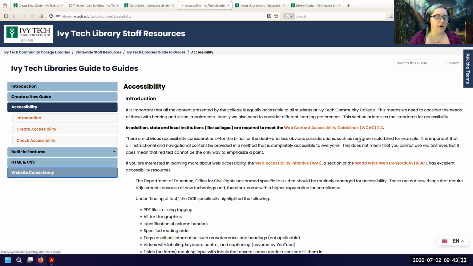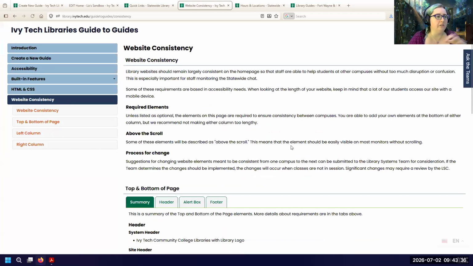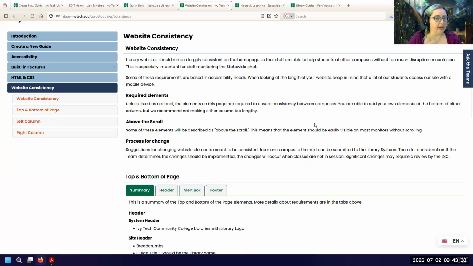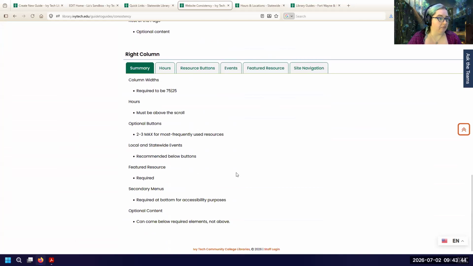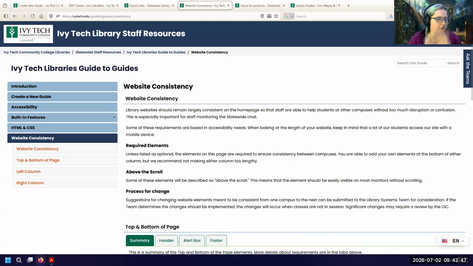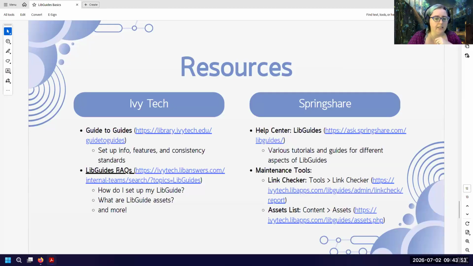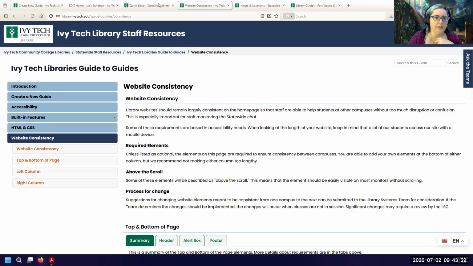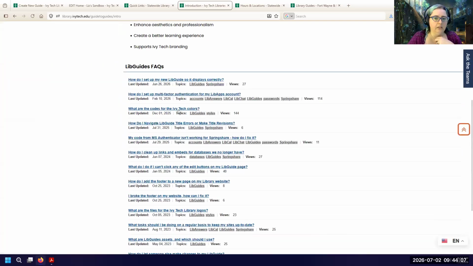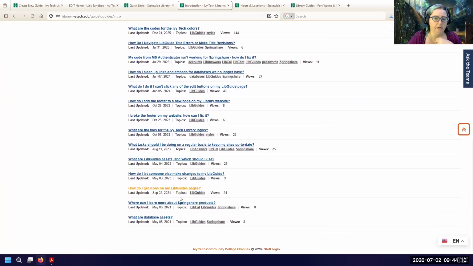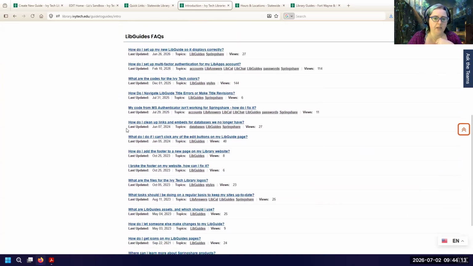There is also information about our website consistency standards. These are for our main websites, not for our library guides, but these are all of the things that you need to have on your campus website. And also some of the things that are a little more flexible in what you can change. Okay. The LibGuides FAQs. There's some great FAQs in there. I showed you that button. That is on our homepage here on the Guide to Guides. Okay. All of them are here. You can go through it and look at them. Some of the ones I really recommend are,